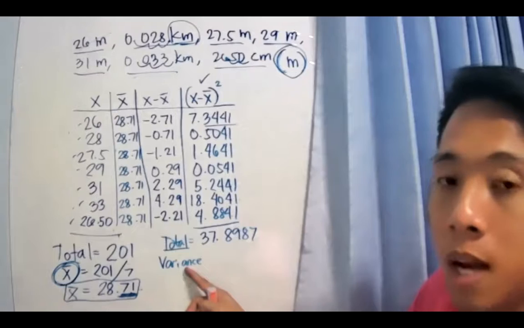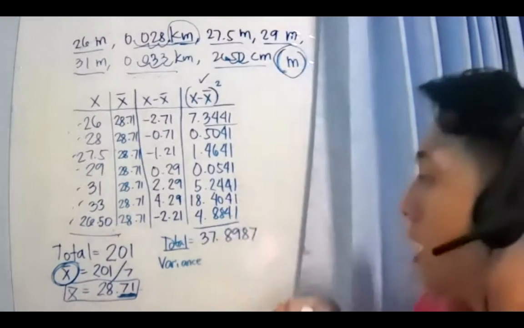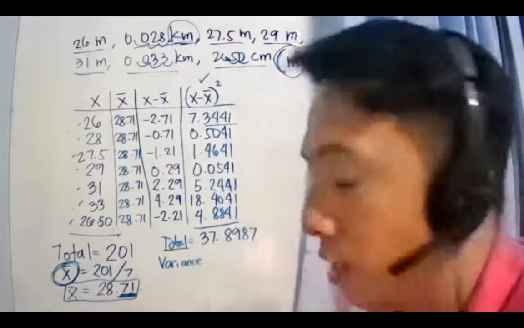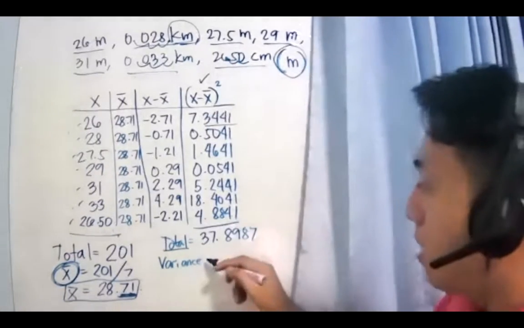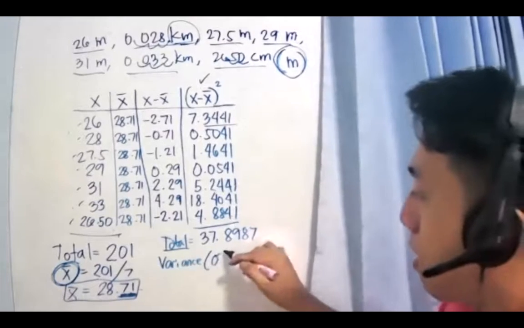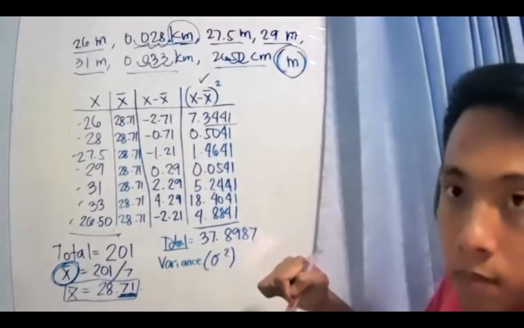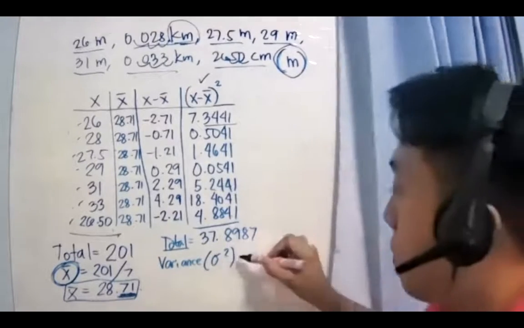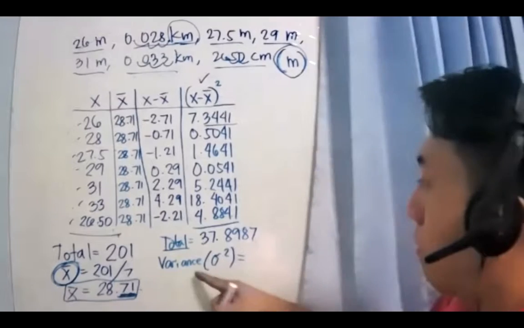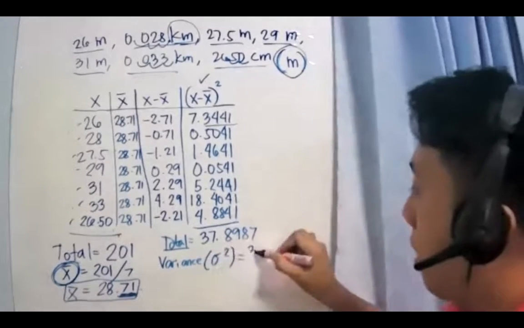So, ibig sabihin, alam niyo na kung saan siya narinig, and what is the use of this variance. When we say variance, the symbol for variance is this one, sigma squared. So our sigma squared or variance is, we will just copy